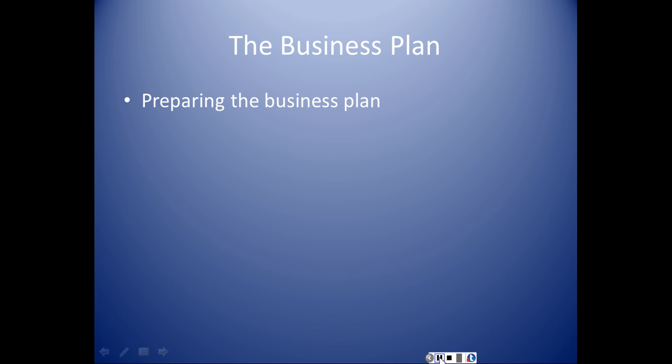From the SWOT analysis you were asked to do the marketing analysis, and the marketing analysis allows you to look at all things related to your competitor and yourself, and also to look at items important to the overall business plan that you'll be doing. So after the marketing analysis is done and the SWOT analysis is done, then it's easier to begin to think about the business plan itself. And so what we're going to be doing today is looking through the business plan and what should be included in the business plan.